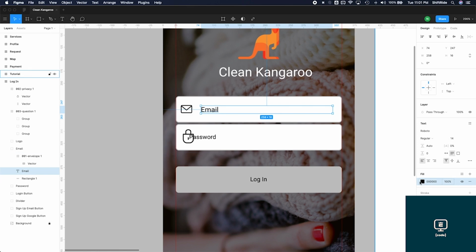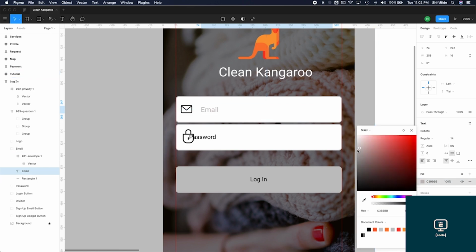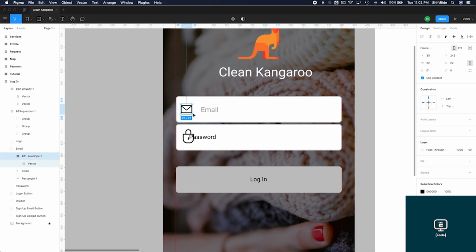and go ahead and change the color to a lighter color because that's a placeholder text, it's not the actual email. I'm going to use the color A4, A4, A4. So you can pop this code into your field here, and that will give you the same color if you want to use that. And then let's just finally